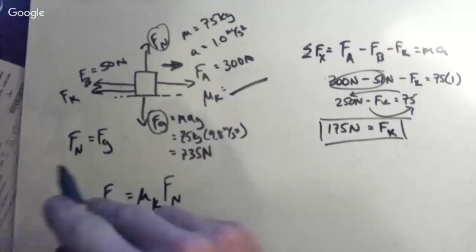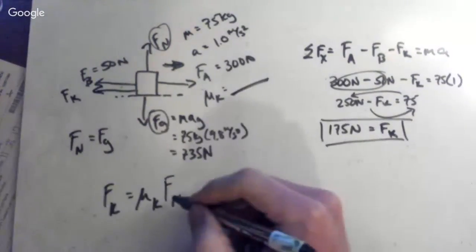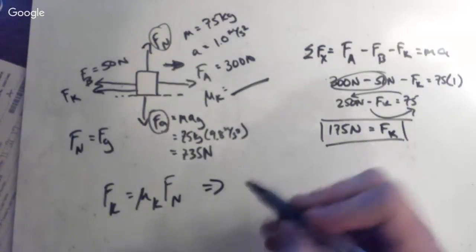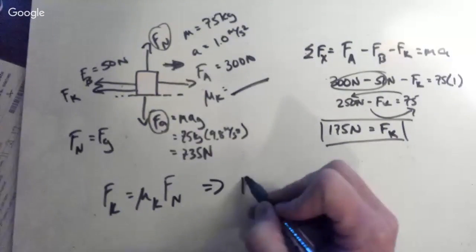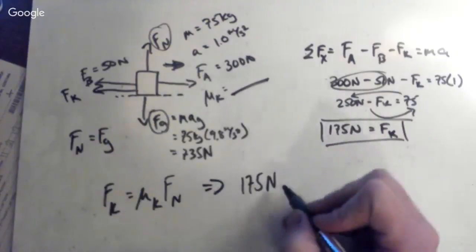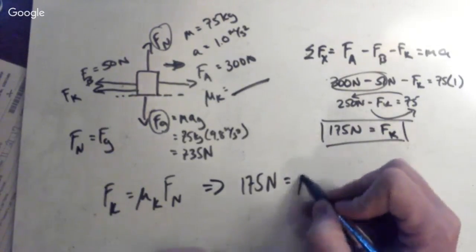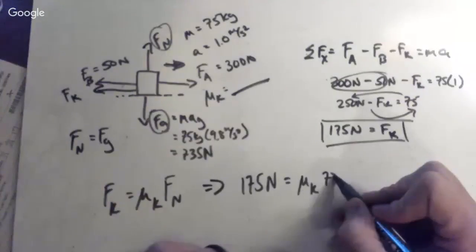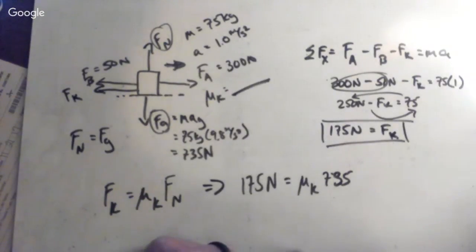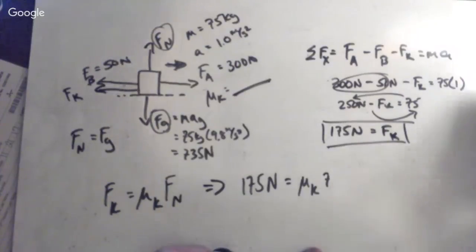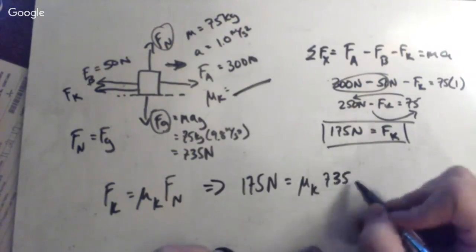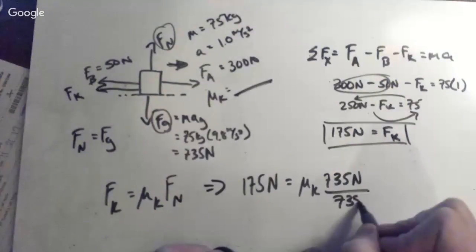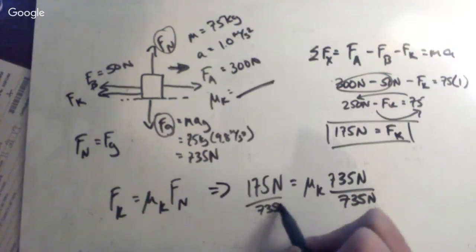We've already calculated our normal force, and we already know our Fk, so let's plug all that in. 175 newtons is our force of kinetic friction, equals whatever our mu K is, multiplied by 735 newtons. Handwriting's even bad at home. If we divide both sides by 735 newtons,